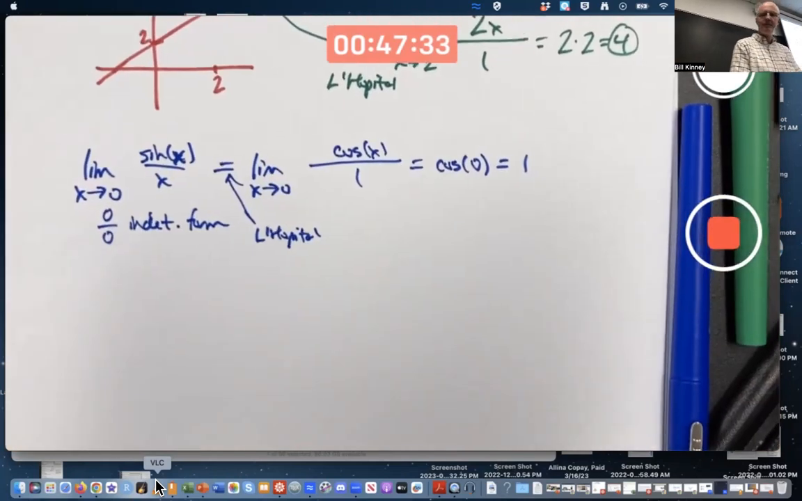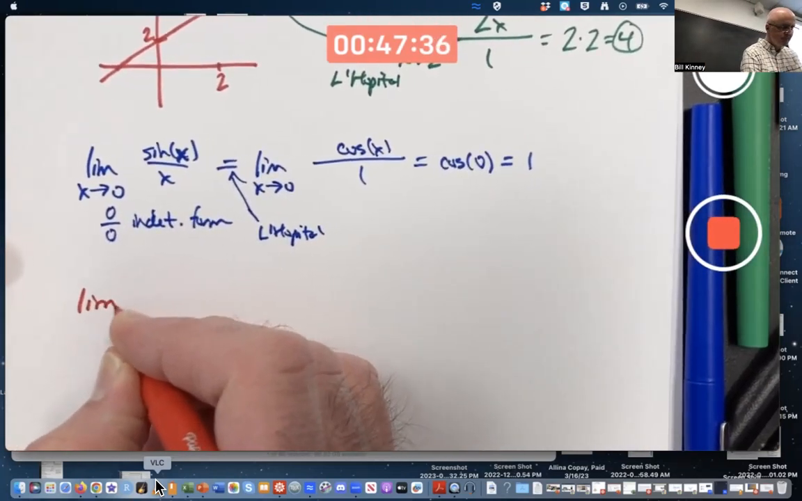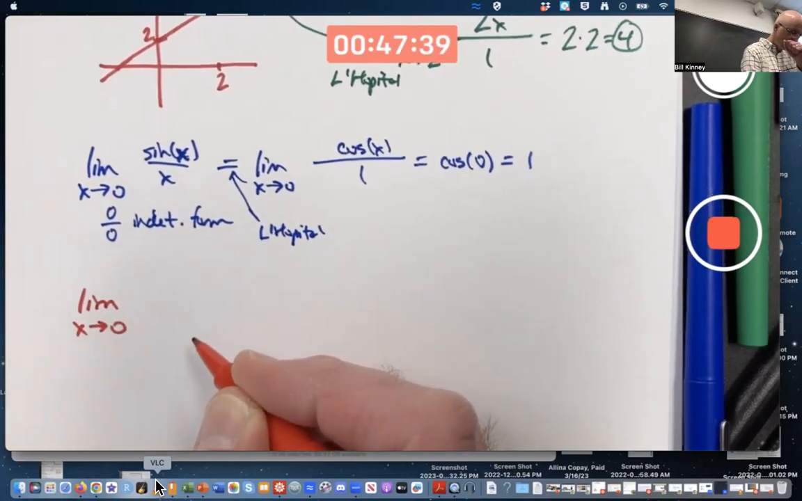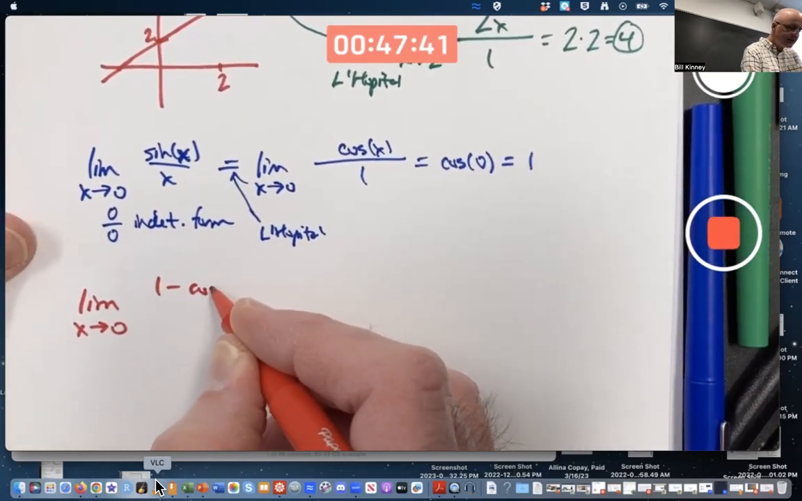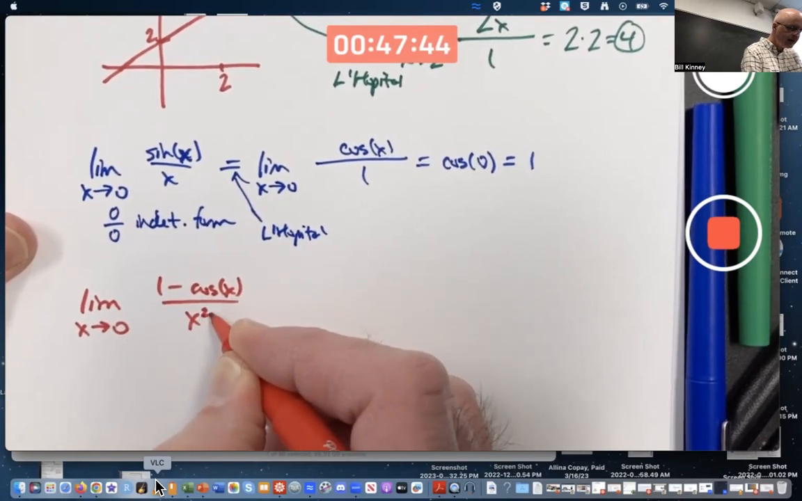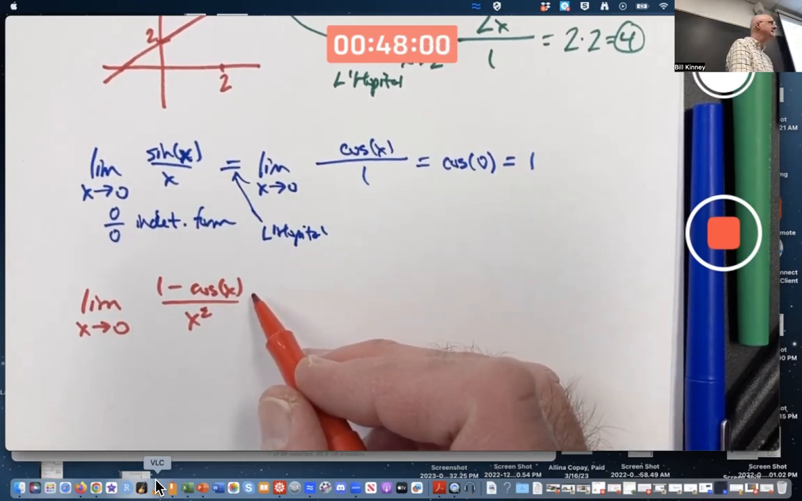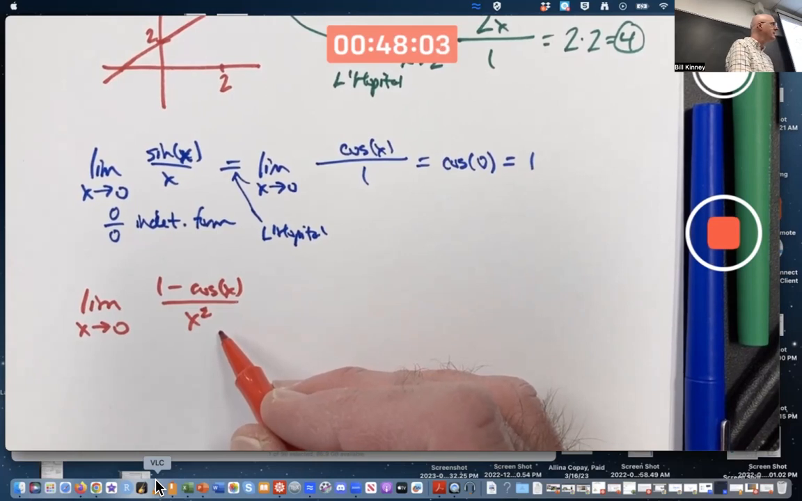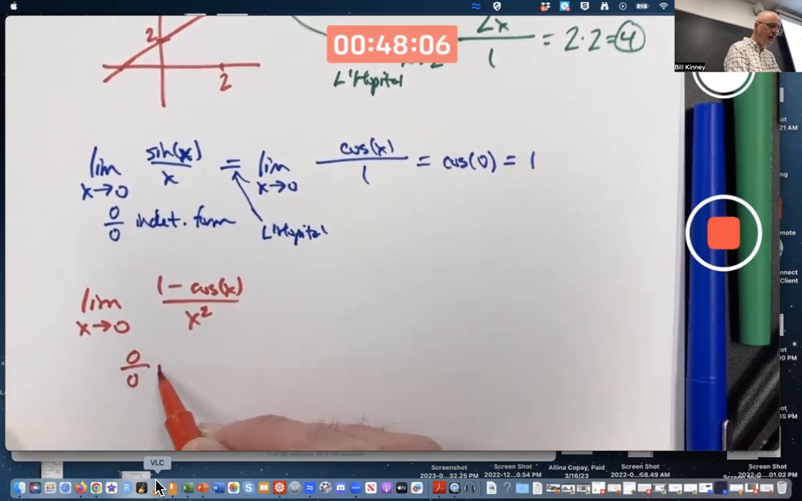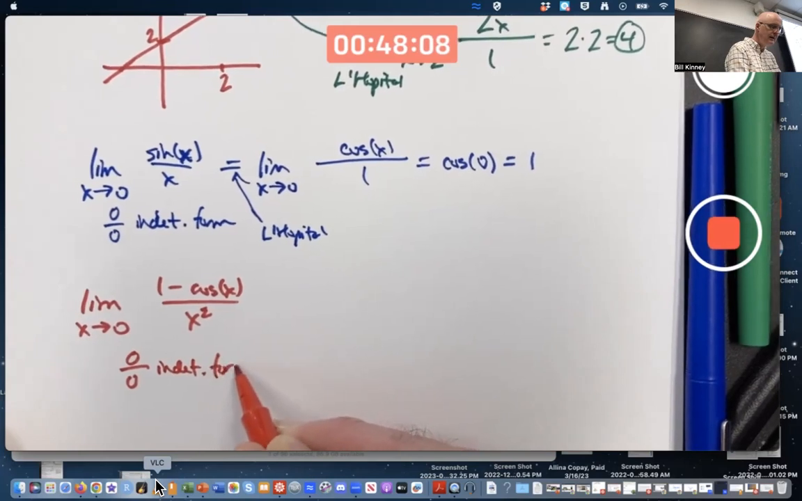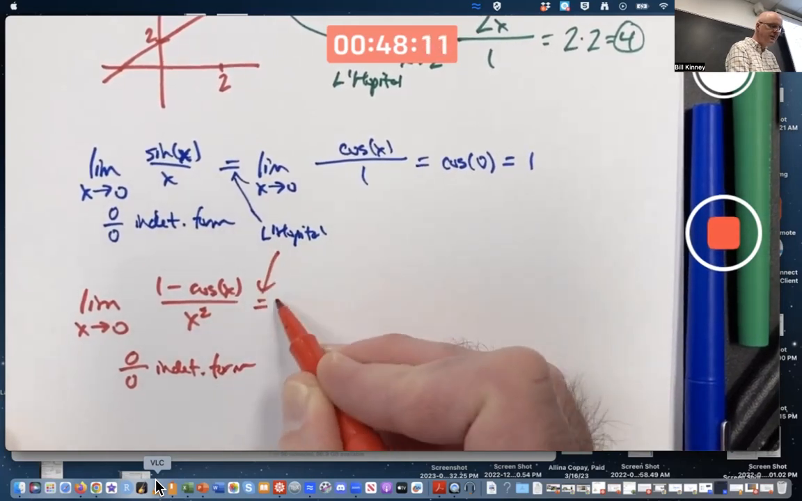Another example. What's the limit as x goes to 0 of 1 minus cos of x divided by x squared? First of all, check, is it an indeterminate form? In this case, are the top and the bottom both going to 0 as x goes to 0? Yes. Cosine of 0 is 1. 1 minus 1 is 0. 0 squared is 0. This is a 0 over 0 indeterminate form. Therefore, I can use L'Hopital's rule